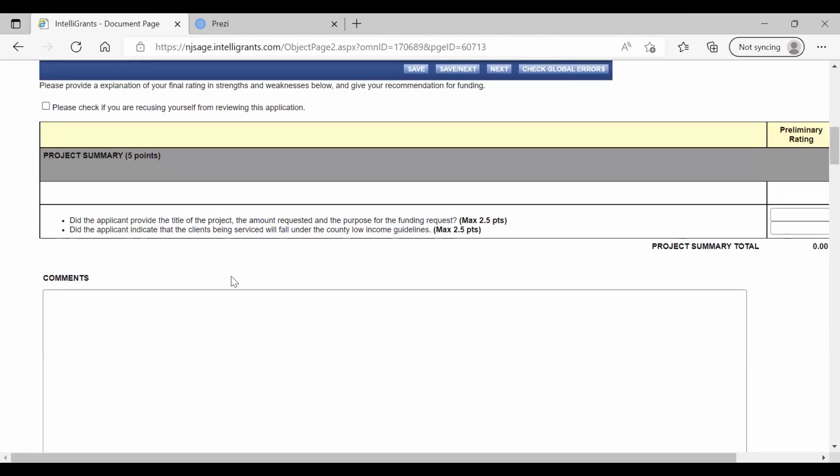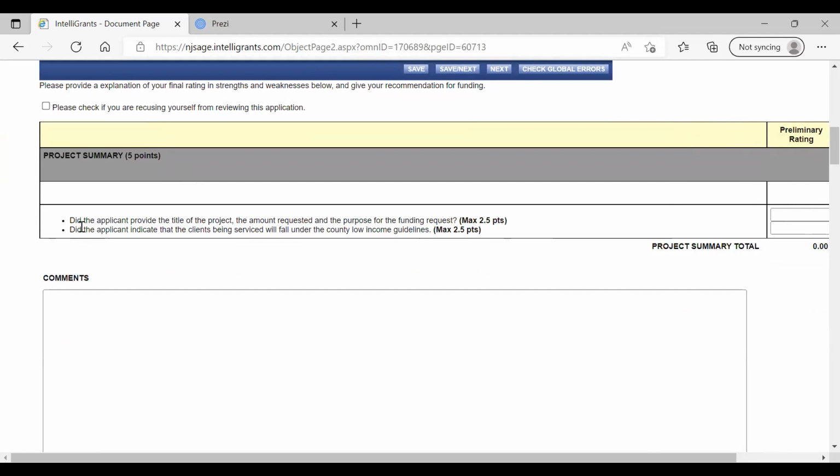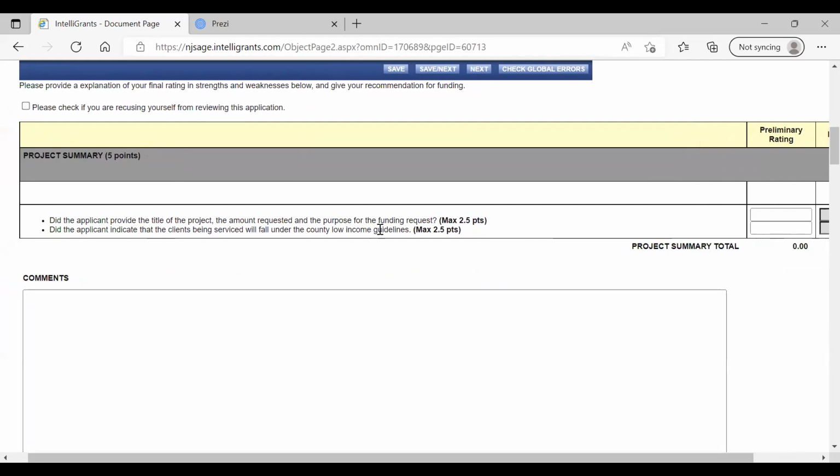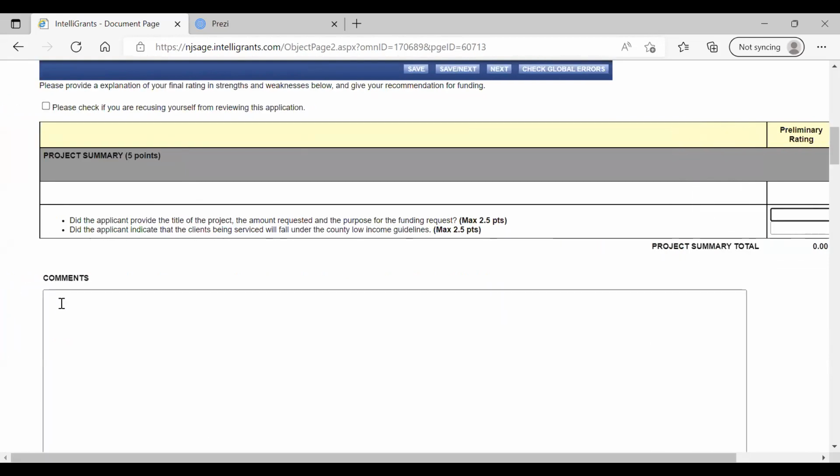And it's aligned with the grant guidelines. And in the rating sheet, it'll break down what they're supposed to answer. So you have the overall score for that particular section, Project Summary, and then each bullet has a value, right? So the first bullet, the first question is 2.5, the next question is 2.5. After you read it and you score them, if you score them a 2.5, we want to know why did you